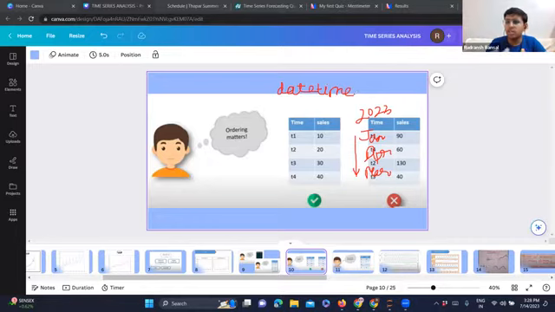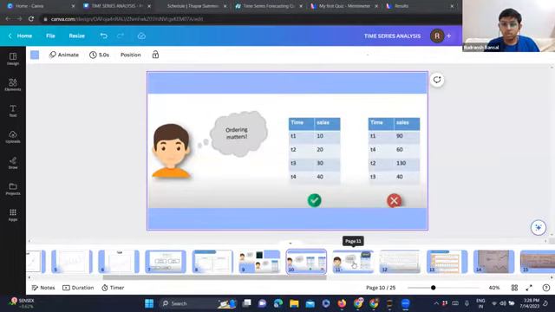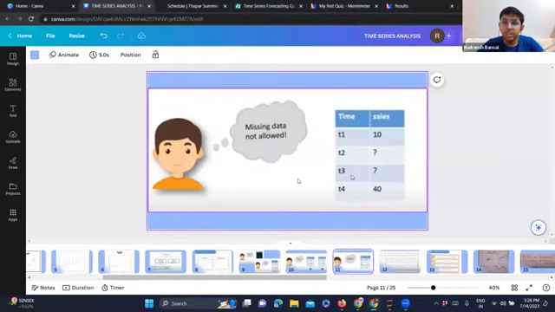And this datetime object is just super easy to use, just like any other database, and you can learn it within some minutes. So, missing data. Let's say this T4 is your month number 4, April. For April, the data will depend on the previous two values of February and March. Now, suppose those values are missing, then how can you calculate the value for April? So we cannot have missing values.